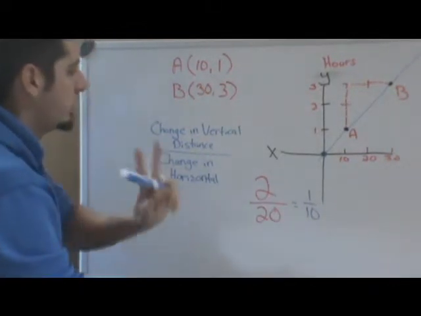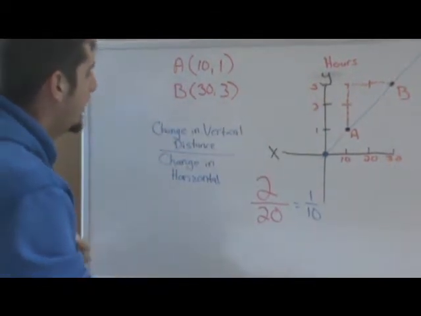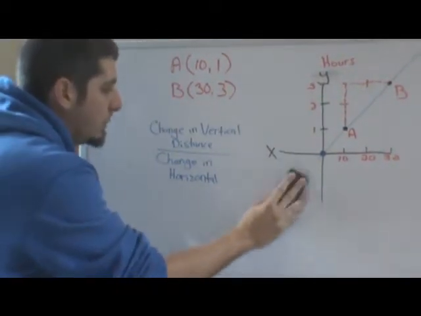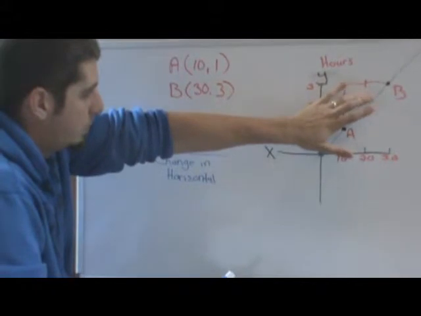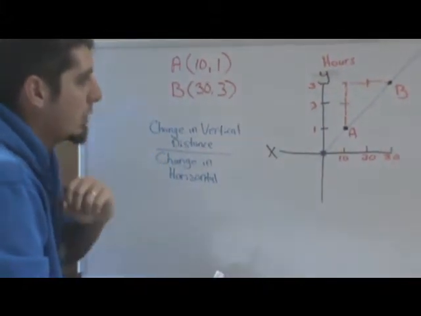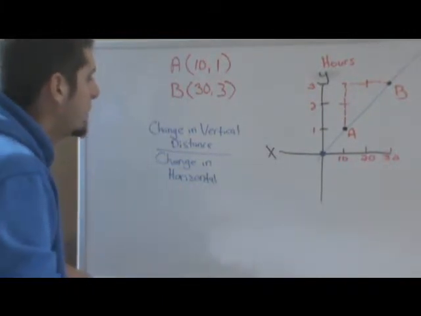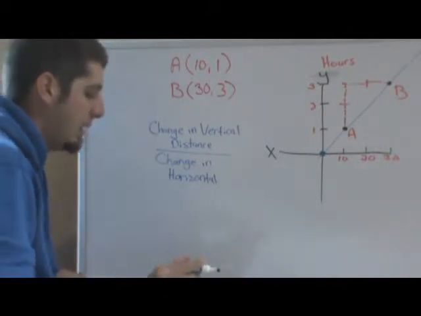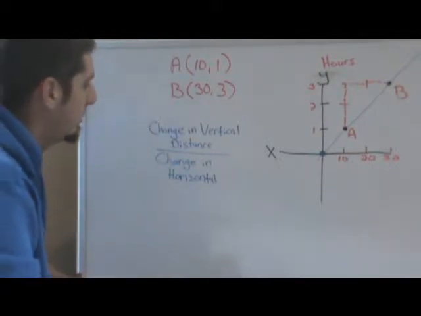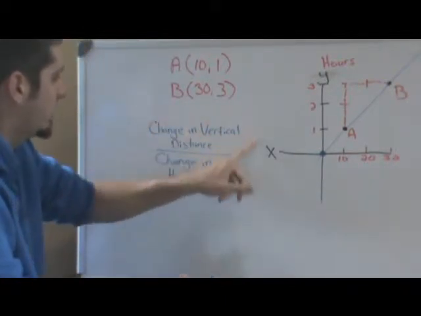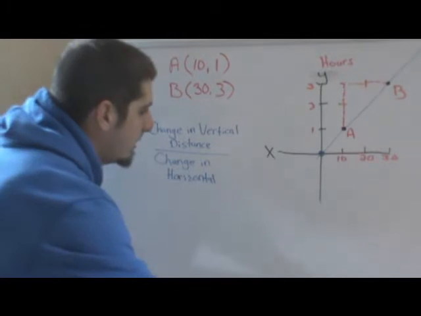Okay? Now I did say there are 2 ways to find slope or rate of change. This is one of them. The other way is to use a formula, and this way is guaranteed to work every time. The method I'm showing you here doesn't always work out, depending on the graph given to you, depending on the equation given to you. So to figure out rate of change or slope with the second method, we're actually going to use a simplified version of this without as much writing. It's going to be a formula, and that formula looks like this. It is